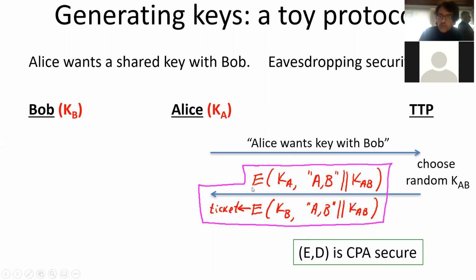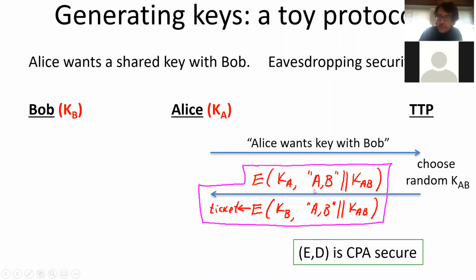In the version of this, which was Kerberos, the encryption here was just CPA secure, and it was malleable. And you can see that this is not the best way of using this stuff. Indeed, it will have attacks because it was only CPA secure. In particular, it was malleable. You can see from this design, what is the point of writing AB here? Well, the supposed point of this was that